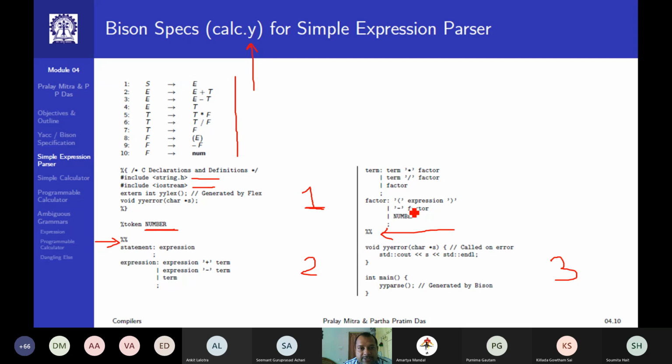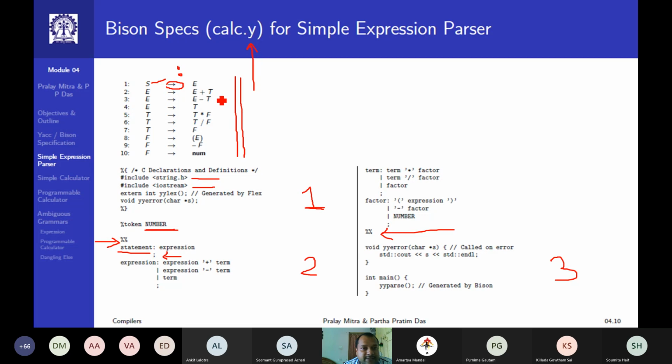In section 2, it is completely the production rules I have with me. What is the convention? How am I writing that one? So corresponding to S, I am writing statement colon. Colon is for all this arrow. So arrow is substituted by colon. Statement colon E, I am writing as expression, and this production rule ends with a semicolon. So here there is a semicolon. Clear?